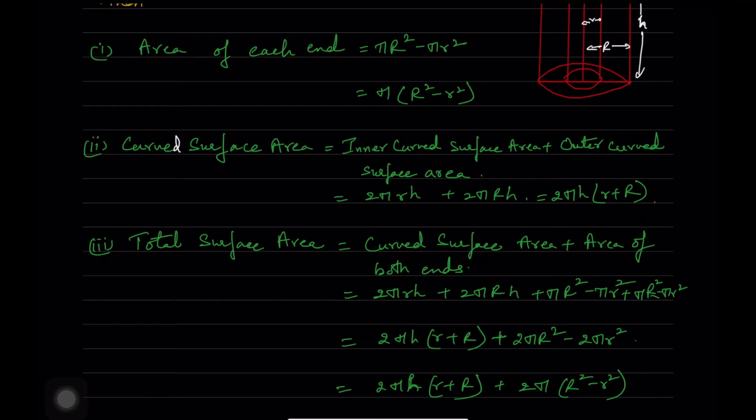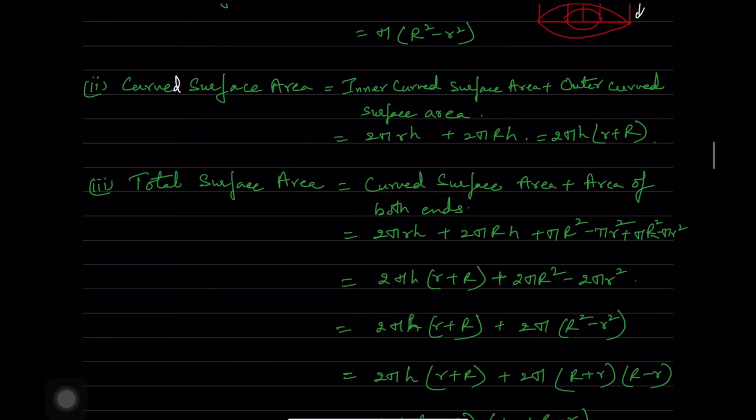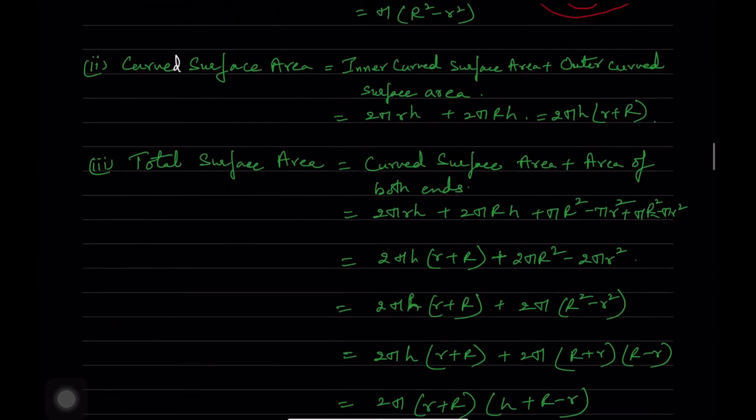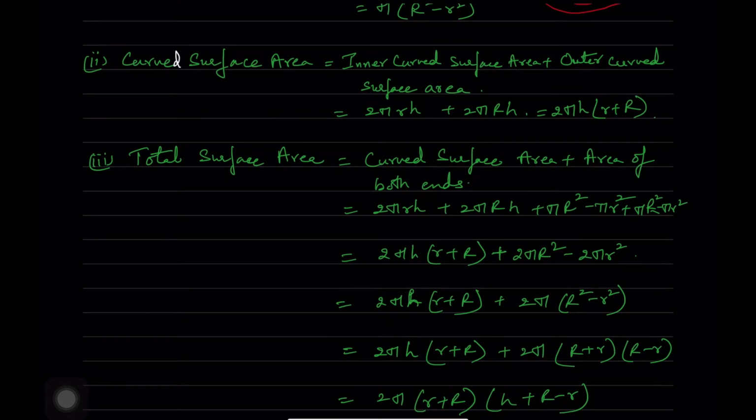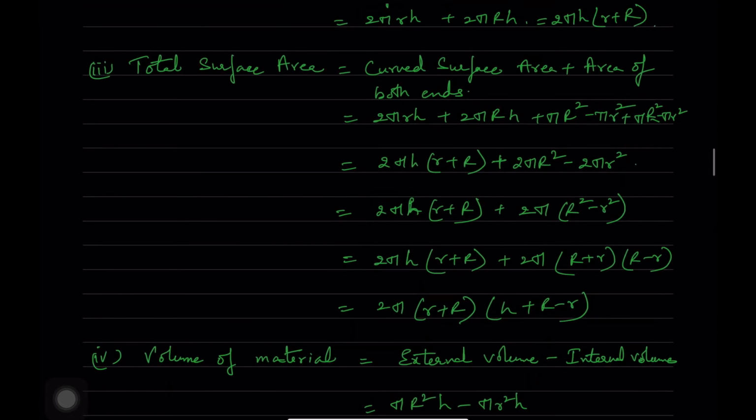So from the first formula whatever we have taken, we have to write here 2 times, because you are having a circle at the bottom and on the top also. So therefore you are writing it 2 times. You are getting 2 pi H, and if you take out common here, you get (r plus R) plus 2 pi R square minus 2 pi r square. So after writing out the formula, you are getting 2 pi H into (r plus R)